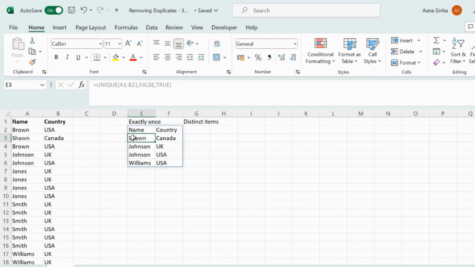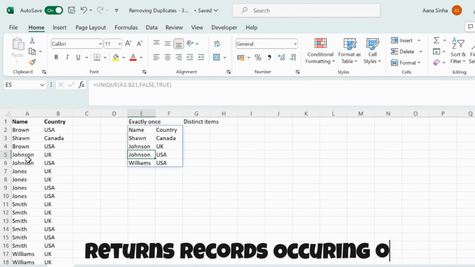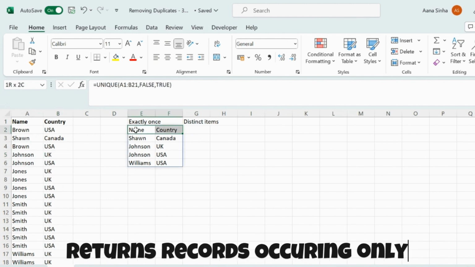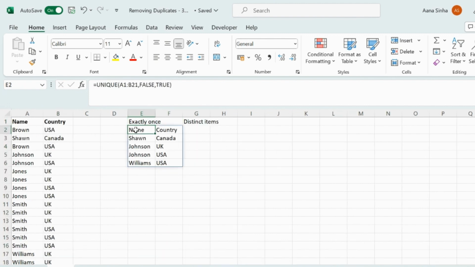So I have this data. You will see that Sean Canada is occurring only once in the data. And similarly, Johnson UK is also occurring only once in the data. Similarly, Johnson USA is also occurring only once in the data. So all those records which are occurring exactly once are mentioned over here. So by changing the last parameter of the formula, I can basically